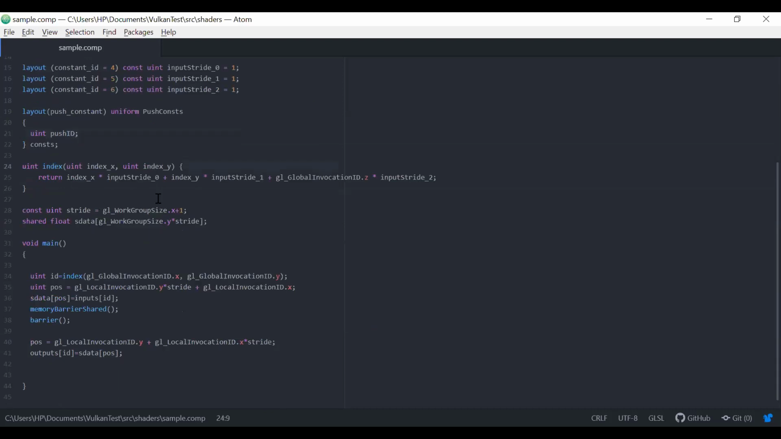This is a function which calculates the index ID of data in the buffer. And then there is a shared memory allocation. So for example, you use a workgroup size in the y direction, which is 16, and then you use a stride on the workgroup size x. And this +1 is really important because it makes the shared memory accesses